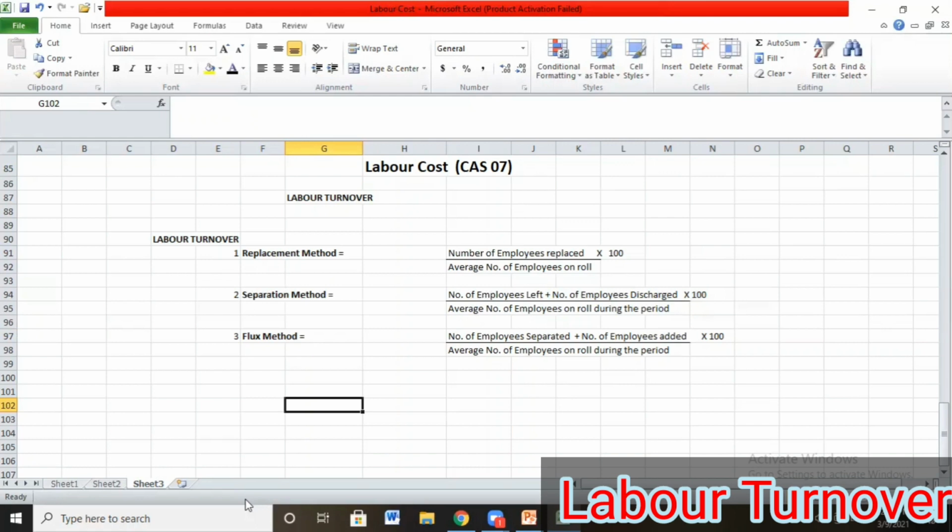So changes in the plant location, suppose the company is shifting from one location to another, and employees are not able to shift with them. Then disability, making workers unfit for the work. If they are unfit, not being employable, then disciplinary measures, any problematic situation created by an employee which is not tolerated by the organization.